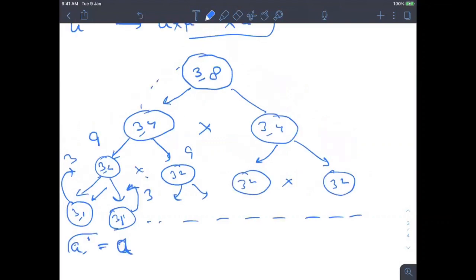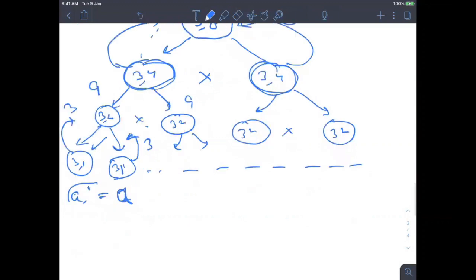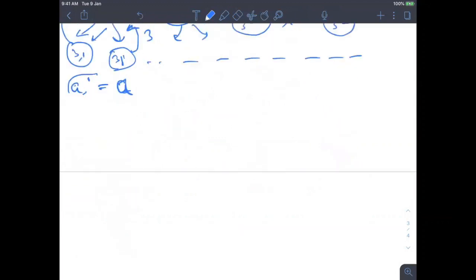Let's say you have to find the result for 3 to the power 4 here. It will return this answer from here, and you will multiply both, and you will get 3 to the power 8. We'll write the code and you will get it easily. Here is how we are doing it. So let's just write the code for this simple thing.